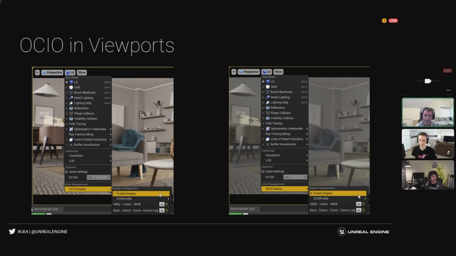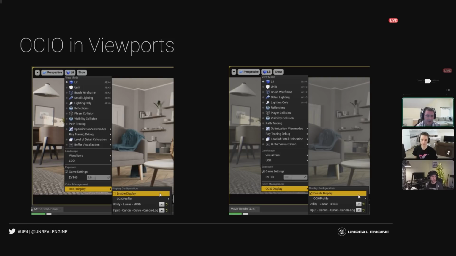If you go to Google and search for OpenColor IO, you'll see there's a web page, and it comes with a folder with basically a prepackaged set of LUTs that you can use. Inside of that, you're going to want to grab the OCIO config file. Then in Unreal, you want to create an OCIO asset and point it toward that config file. Once you have that config file, it gives you access to a lot of different color spaces.